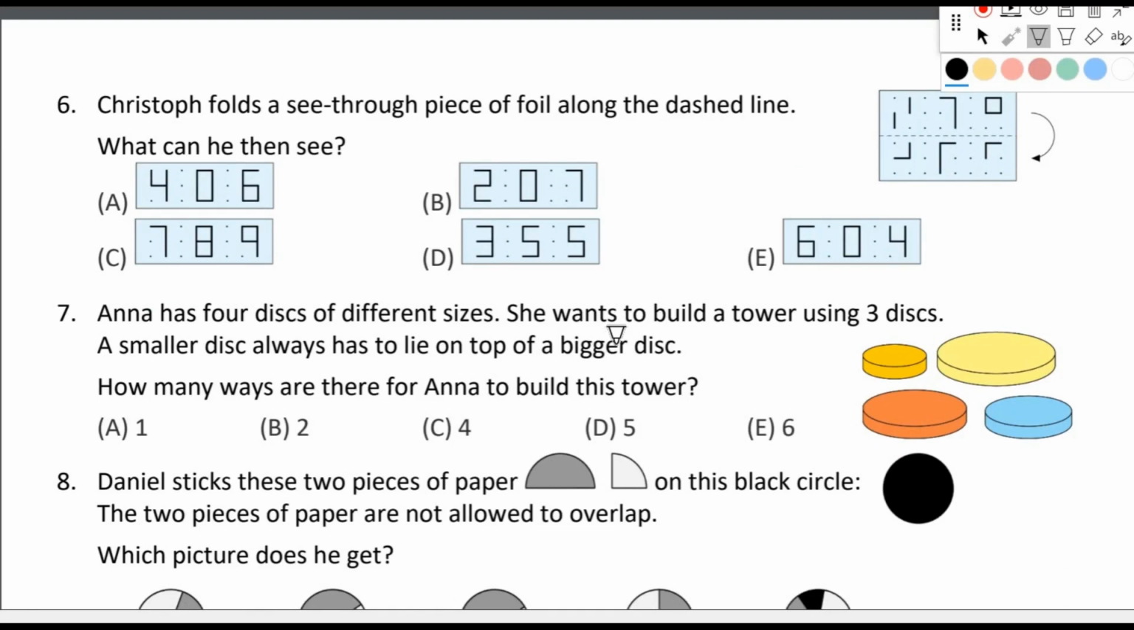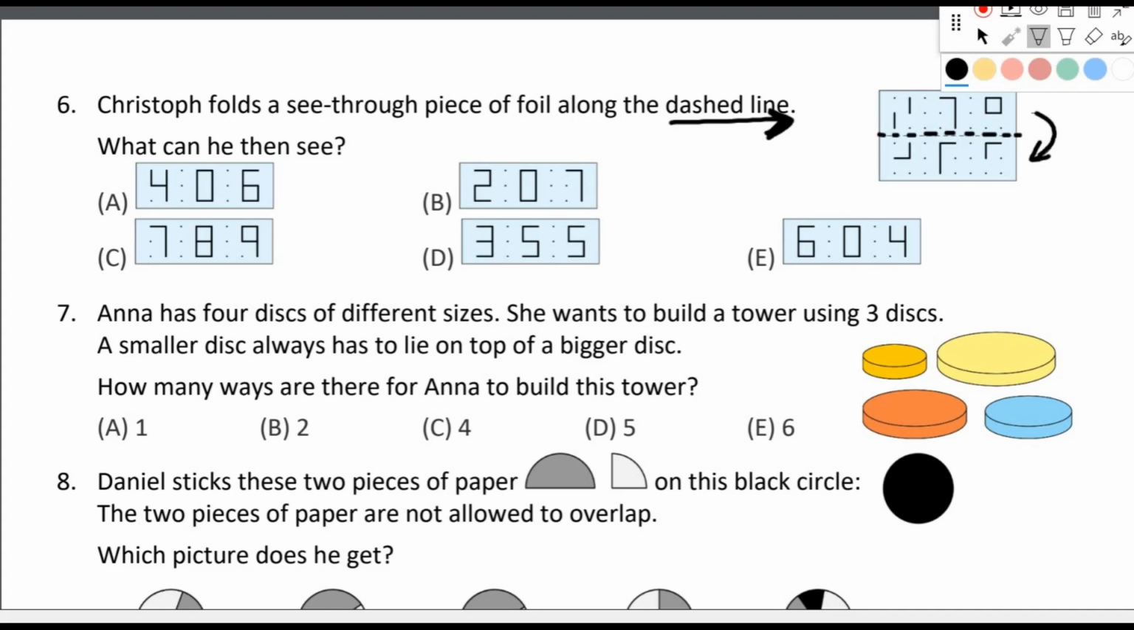Moving ahead, sixth question. Christoph folds a see-through piece of foil along the dashed line. So you see the main picture is this one where I'm putting an arrow, and the paper is folded along this dotted line that I'm drawing. So this is the question picture, and that foil is folded by the dotted line that I'm showing on the right side. You see it is folded like this. After folding,